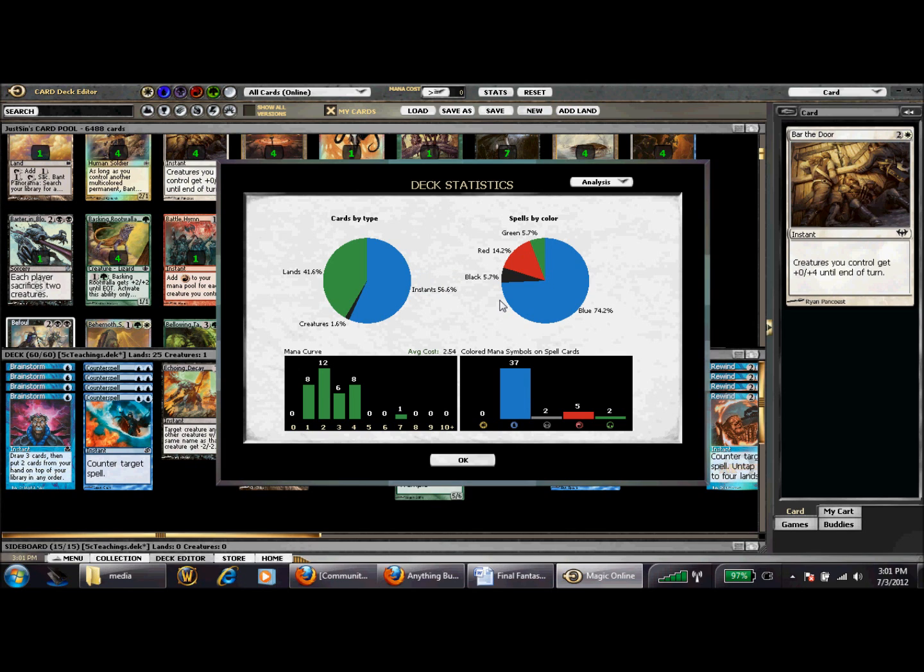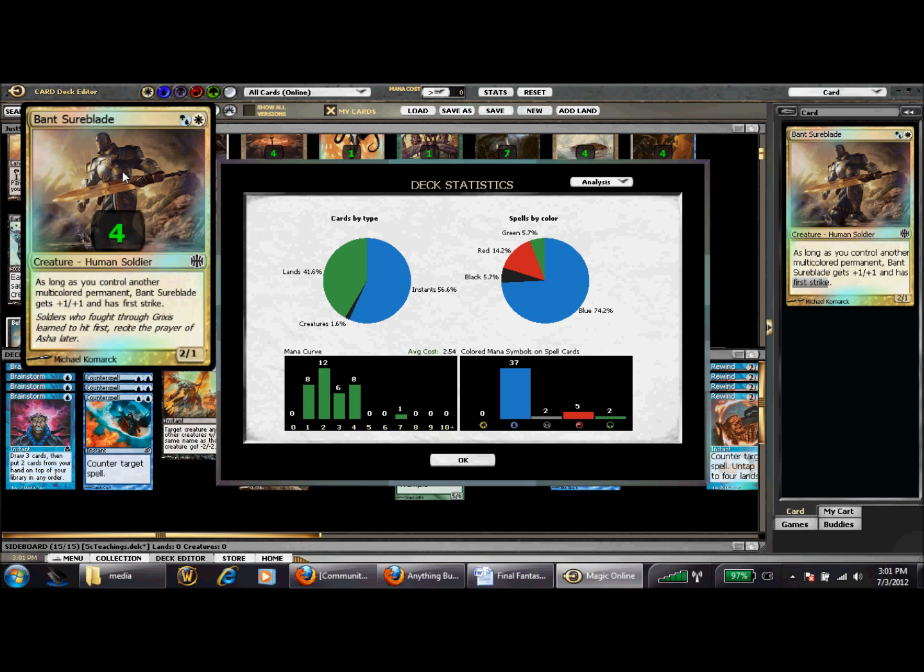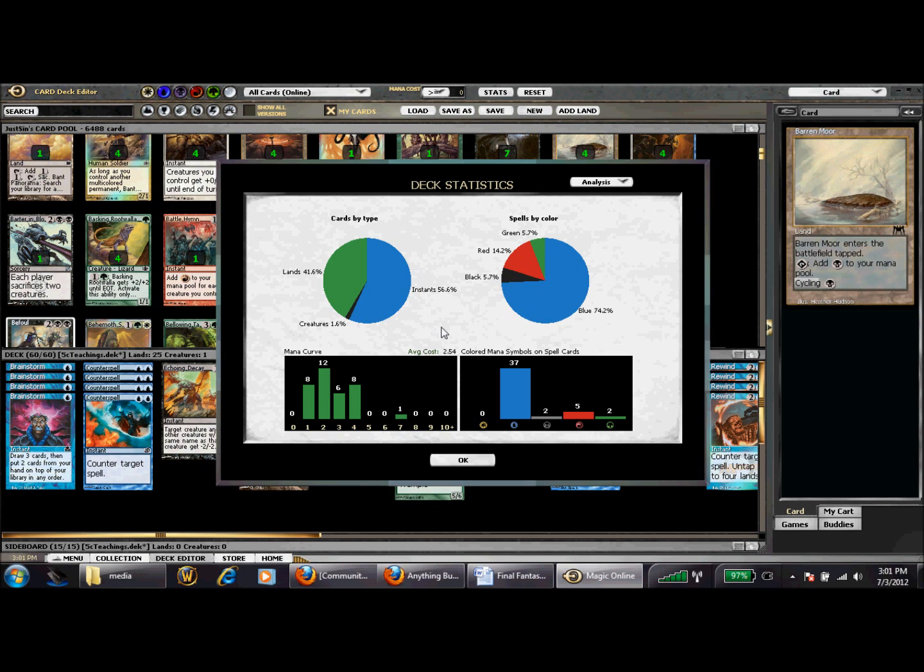So if you have a deck that is green and white, and you have the Bant Surblade in there, it's going to want to add blue mana through this add land command when you don't really need it. So that's why I always tell you to double check your add lands, verify it with this. This is a little more helpful when you look at spells by color. This tells you their mana symbols. This tells you the actual number of spells